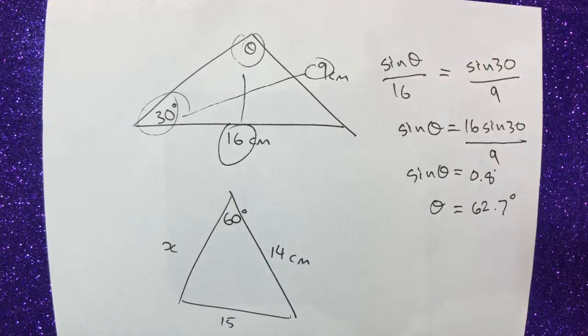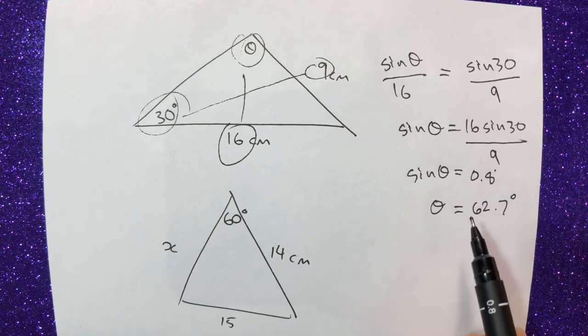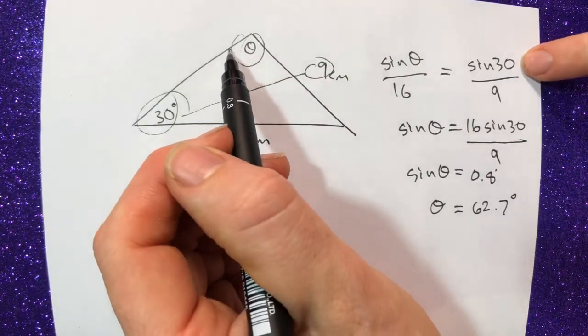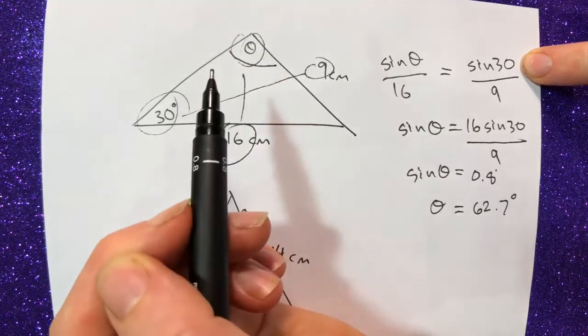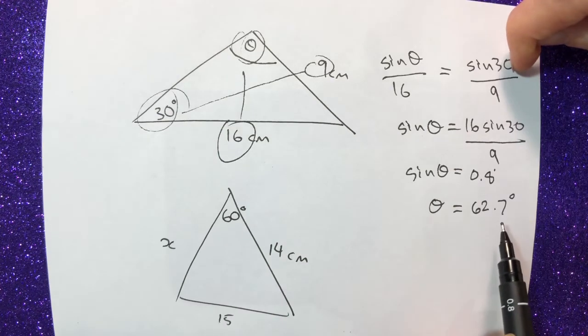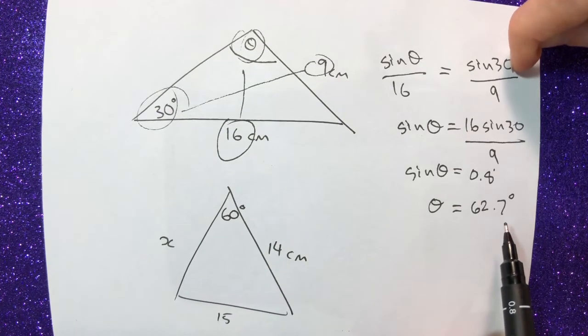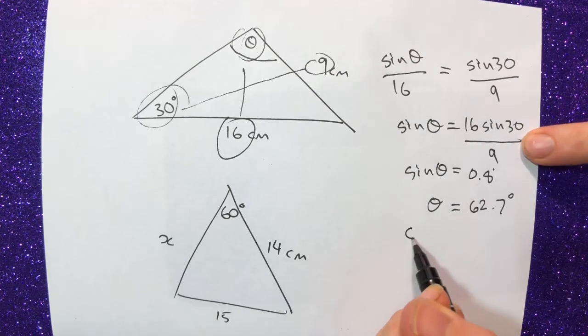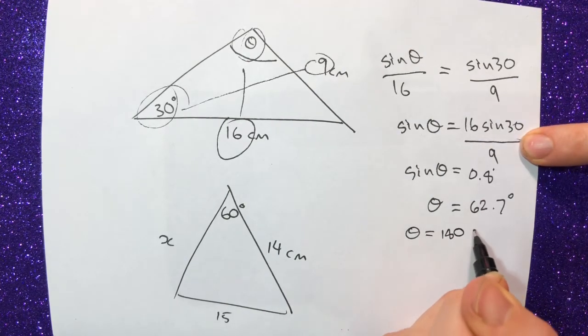The only problem I have with that answer is I've got 62 degrees and this angle is clearly obtuse. A lot of the time they will make it very, very obvious, say it is to scale or point out that this is obtuse, which means your angle is too small at 62 degrees. Under this circumstance, what you have to do is actually minus that angle from 180. So the actual theta is going to be 180 minus that guy,